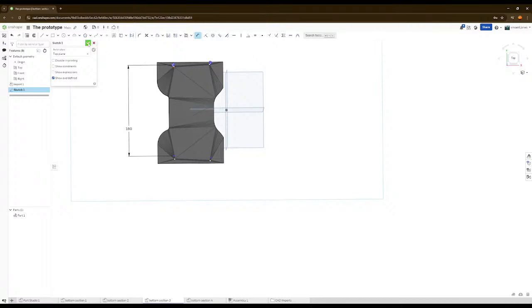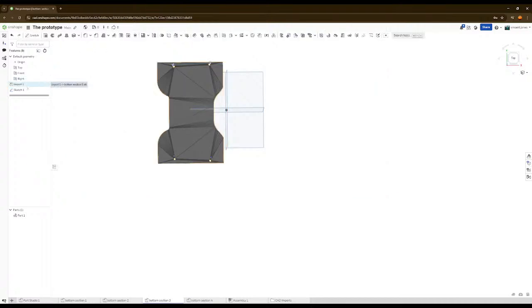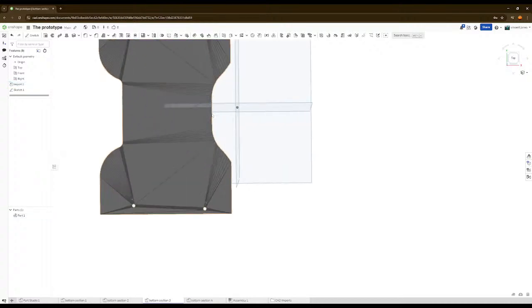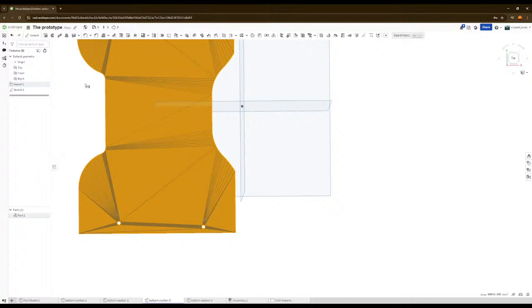Alright, hold on. Let me stop the sketch. Go to this import. Select it. Now I should need to make a